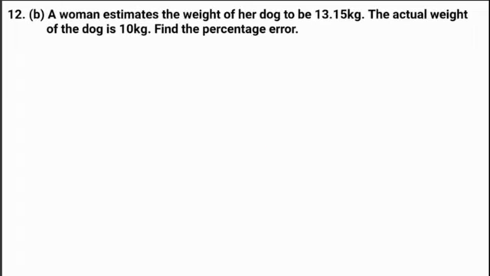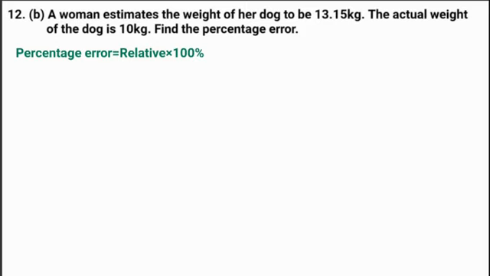Question 12b was as follows. A woman estimates the weight of her dog to be 13.15 kg. The actual weight of the dog is 10 kg. Find the percentage error. So we are asked to find the percentage error. The formula we use is percentage error is equal to relative error times